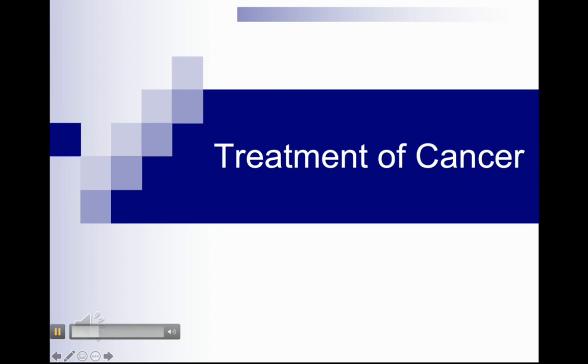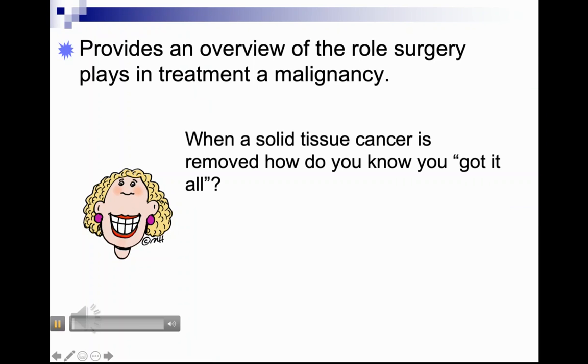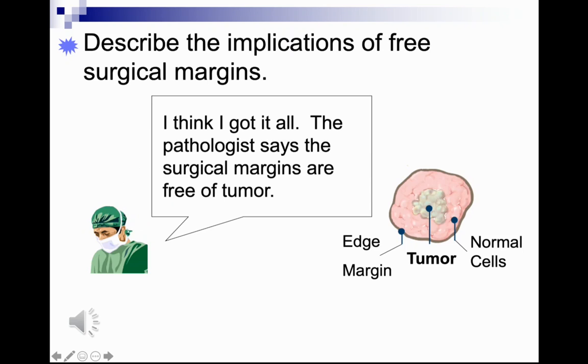So what are the categories of treatment for cancer? And this will just be an overview. If you have a solid tumor, surgery plays a key role in the removal of that tumor. And when a solid tissue cancer is removed, how do you know that you got it all? The tissue that's removed is sent to the pathologist, and hopefully the pathologist will say, the tumor is surrounded by